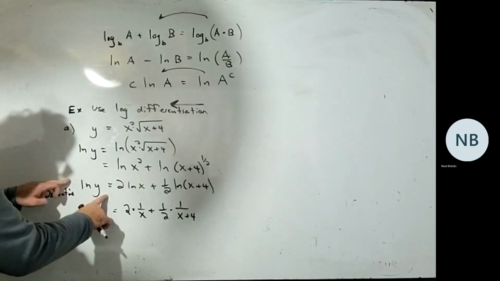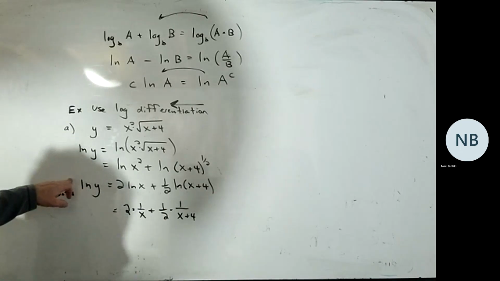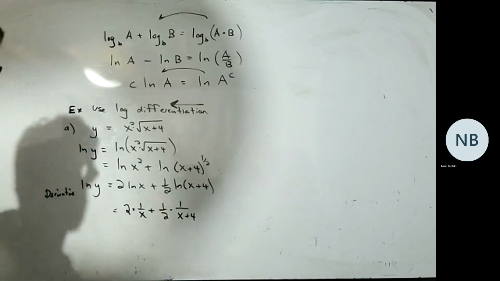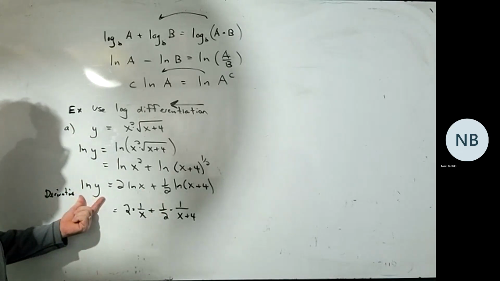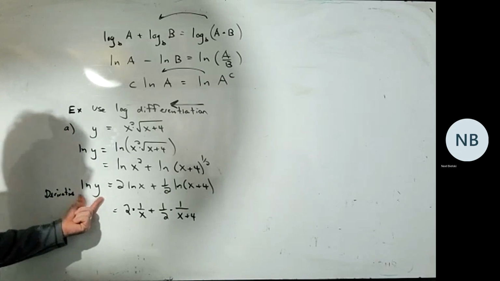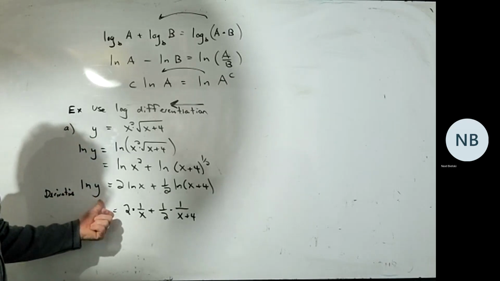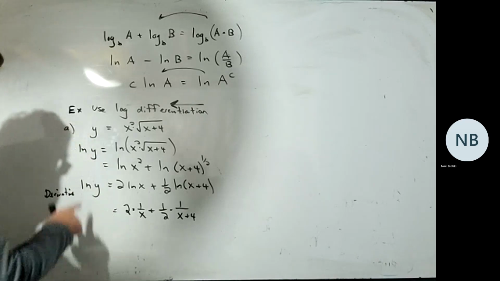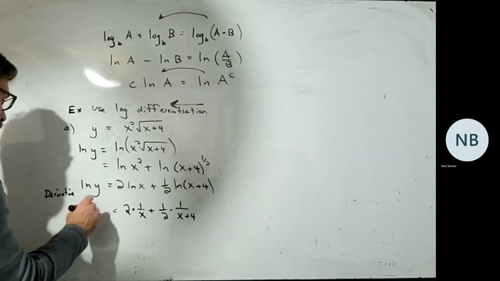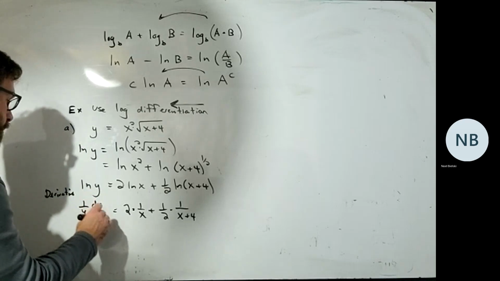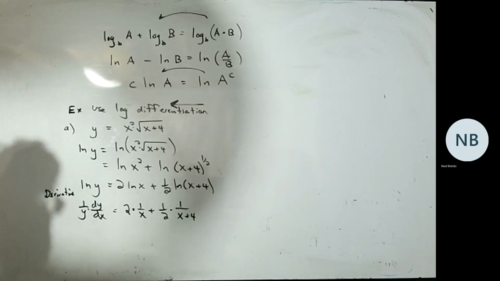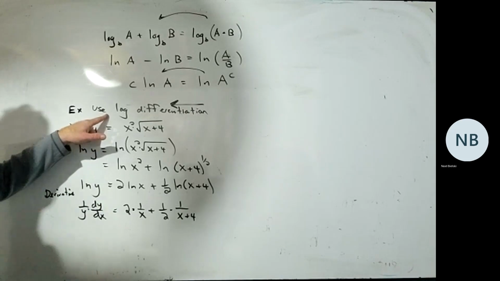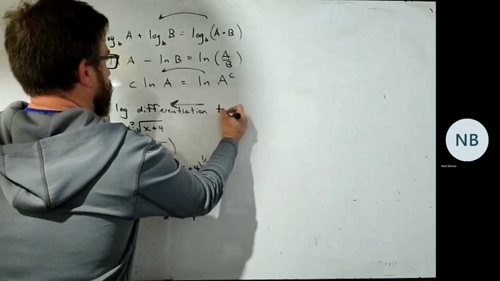But this expression here is an implicit function because it's not solved directly for y. This is explicit. This is implicit. So when I take the derivative of this thing, I have to take the derivative implicitly. So the derivative of the natural log of something is going to be 1 over that something. But every time you take the derivative of an expression with y, it's got to be followed by dy/dx. So derivative of this is going to be 1 over y, times dy/dx. So in order to solve for dy/dx, which is what I'm trying to find, the derivative of y,